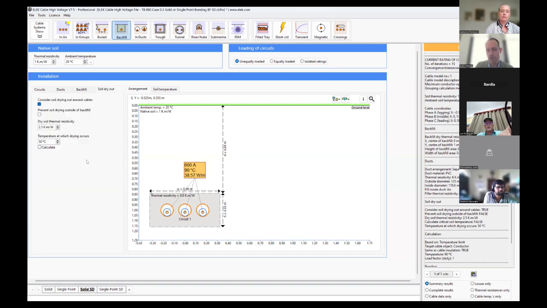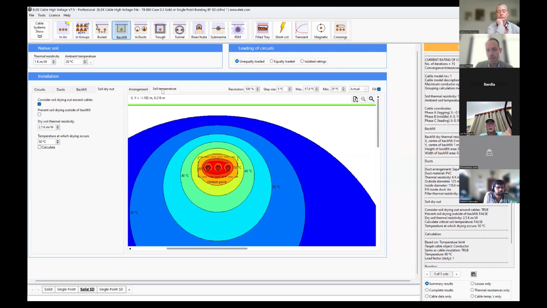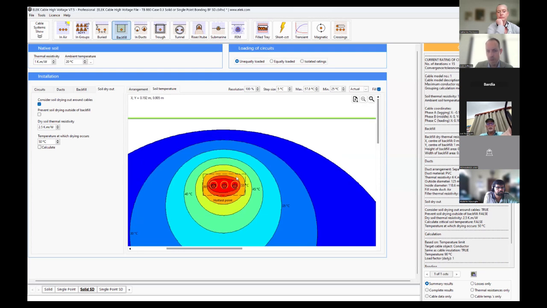So these are the settings for soil dryout. 2.5 is the dry soil thermal resistivity. The critical temperature was 50 degrees. Let's look at the soil temperatures. So I'm going to show you another interesting setting, which is soil dryout prevention. You can see that